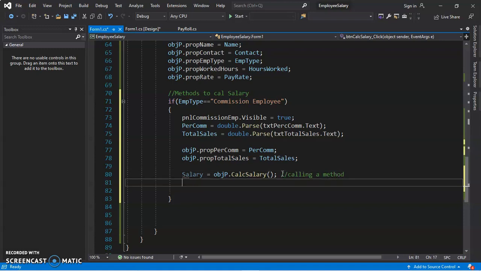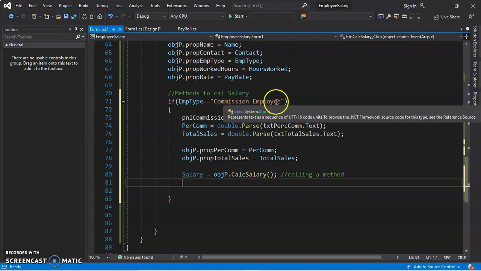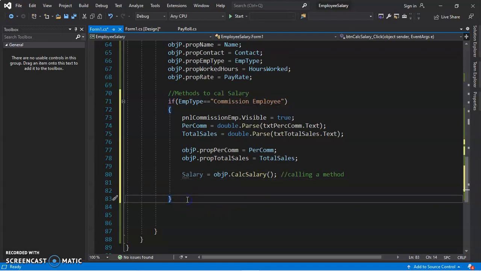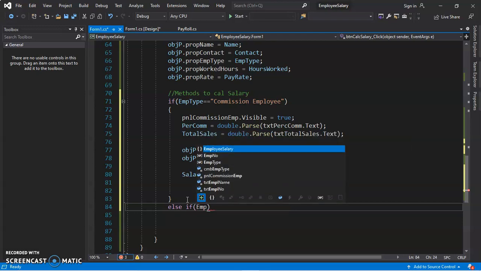We are done ngalokho. So now what do? We are done ngamanje ngani ngale condition kabani? Ka commission. What else now is it? We need to check what if the user selected what? Selected the overtime employee. Now we're going to say else if employee type